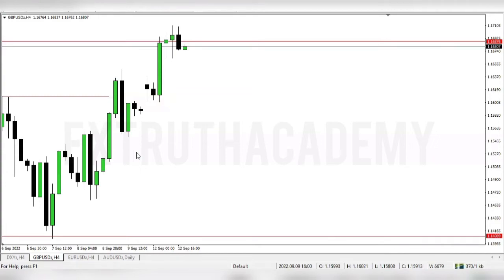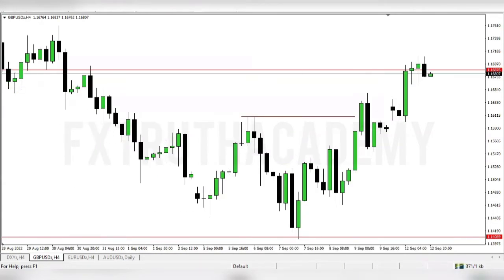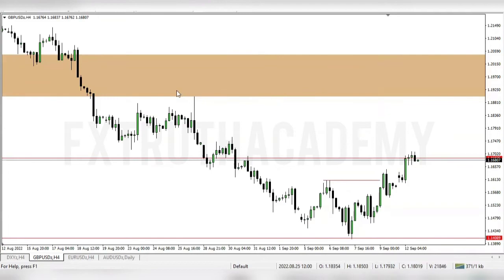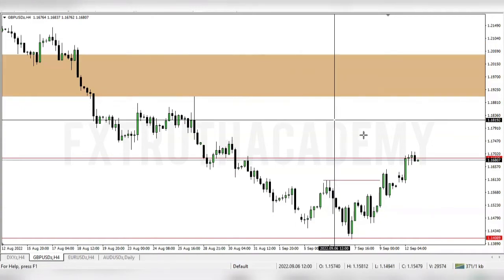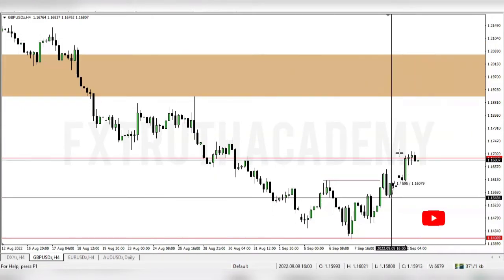And since tomorrow, at the time of this recording, this is Monday, 12th of September 2020, I'm expecting tomorrow, which is going to be the 13th, we're going to be having the CPI news release. So I'm expecting price to drop lower or expand higher. If price is expanding higher, it should go for that particular monthly high. Look at that monthly fair value gap above this high right here. So price should either expand to this upside or price should retrace here,